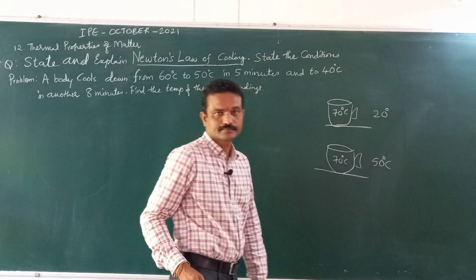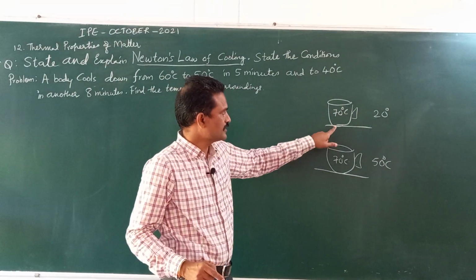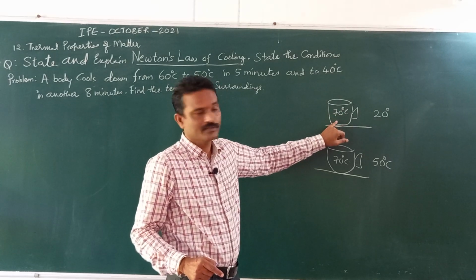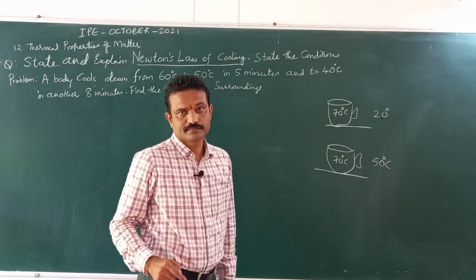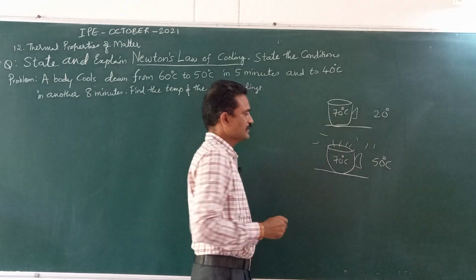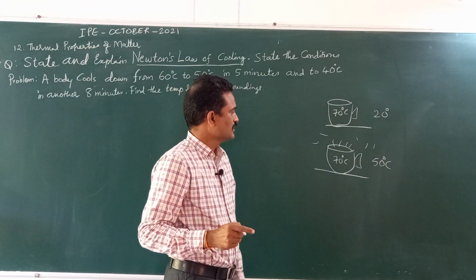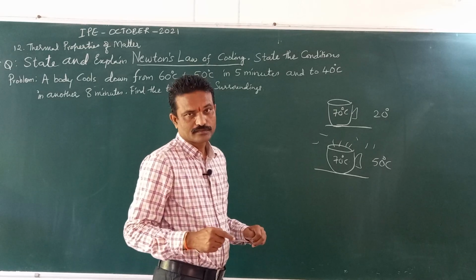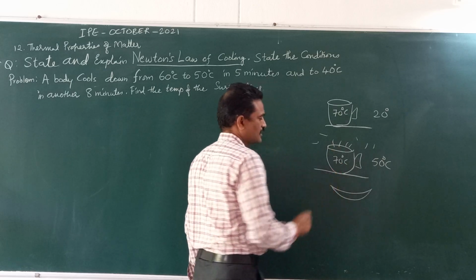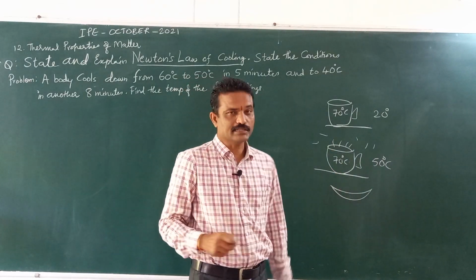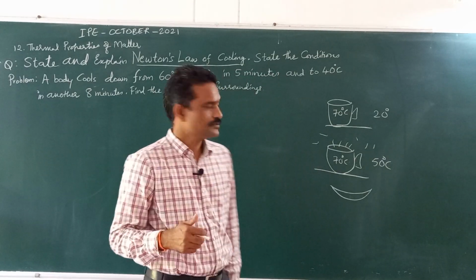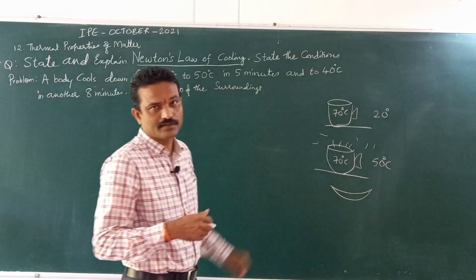We know that in winter it cools very fast. Within minutes it will cool down. Whereas in summer it is so hot, outside is also very hot, the surrounding environment is also very hot. It will take much time to cool down. So what do you prefer? You take a saucer and pour this cup of tea into that saucer and then you can sip the tea. Why is that happening? So that is explained by Newton's law of cooling.